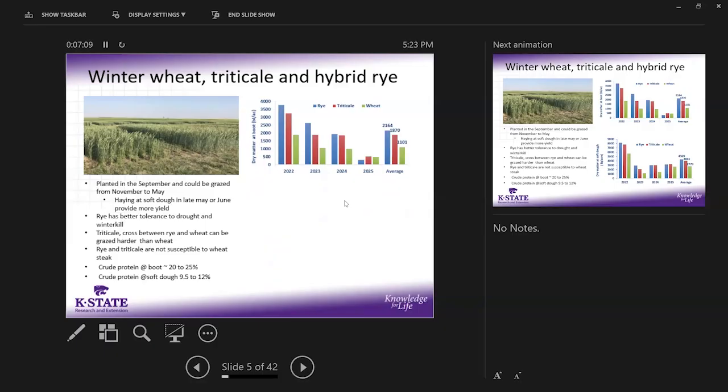So when we harvest this at boot stage consistently, the rye produces a little bit more biomass than triticale, and both of them had greater yields compared to winter wheat. So on average, when we average this across the 4 years, when we harvest at boot stage, the rye produced about 2,160 pounds per acre, the triticale about 1,900 pounds per acre, and the wheat is about half the biomass we get from the triticale